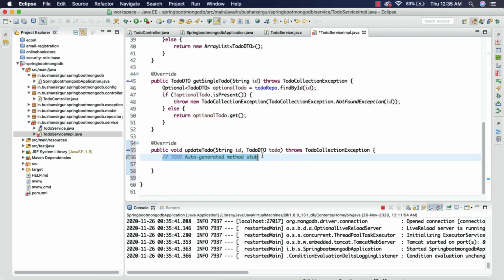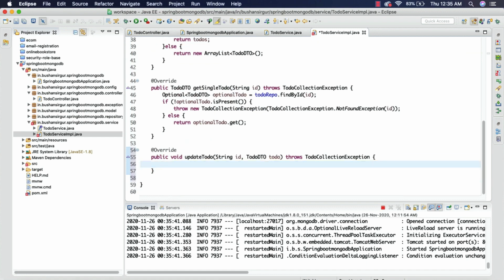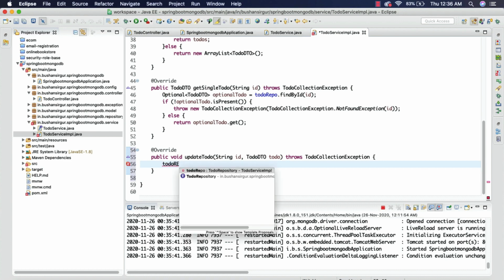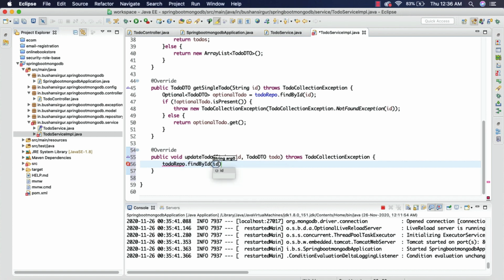So let me get rid of these comments, and first we have to retrieve the document. We're going to make use of the repository method toDoRepo.findById, and we're going to pass the ID. This is going to return an Optional of ToDoDTO, and I'm going to call this toDoWithID.